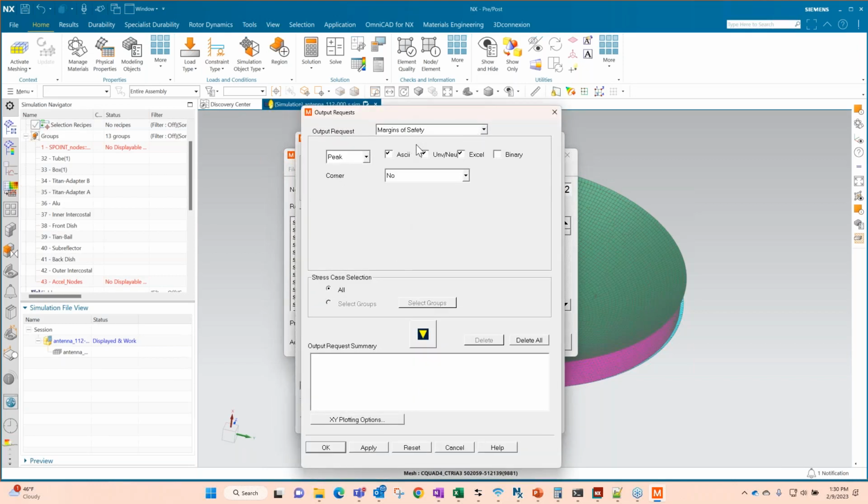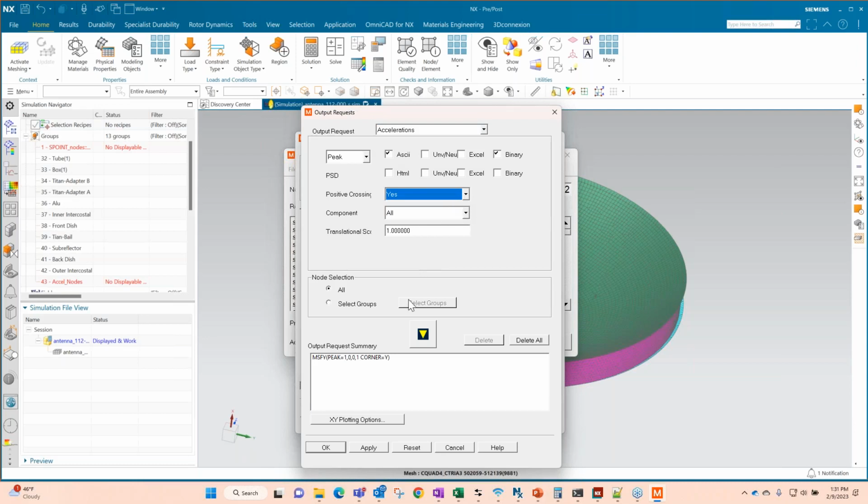Now, if you create a stress case, you'll want a margin of safety table. So I can put it to, and this shows where you can export the results. I can do it in binary, I could do it in text, I could do it in Excel, use corner results. If I do this, that's going to take the stress case that I developed there and put it into the results file. I want to look at accelerations.